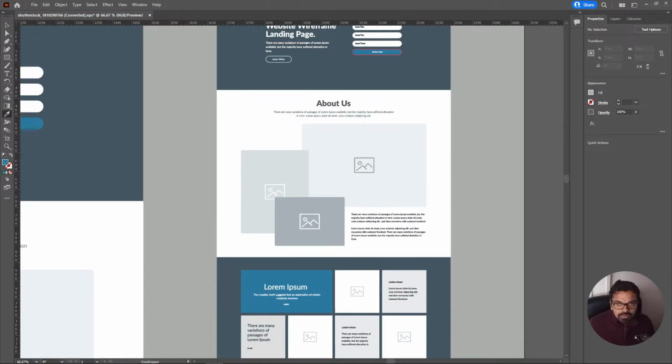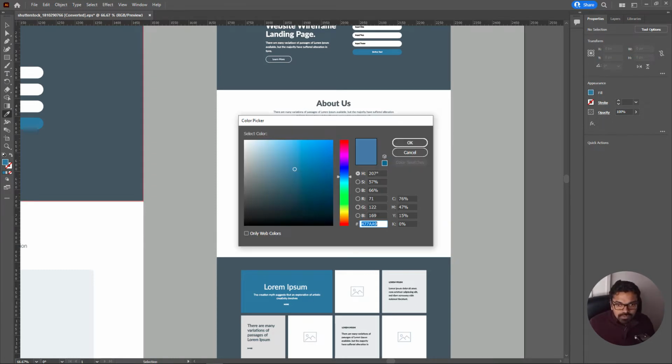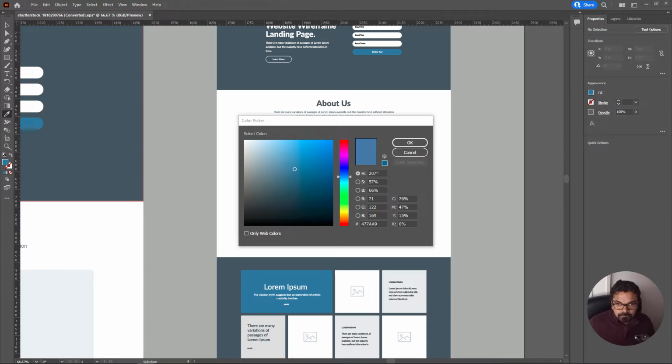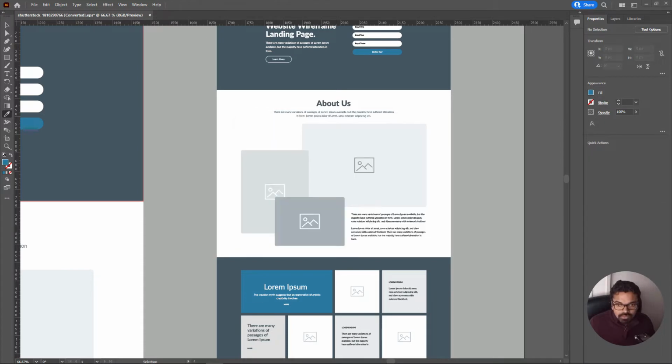I think these blues should be the same. So let's click on this. I think this blue and this blue should be the same. So we'll try over here. So this blue is, let's click over here and put blue. The blue color is this. And another blue is, so let's see if it's the same color,